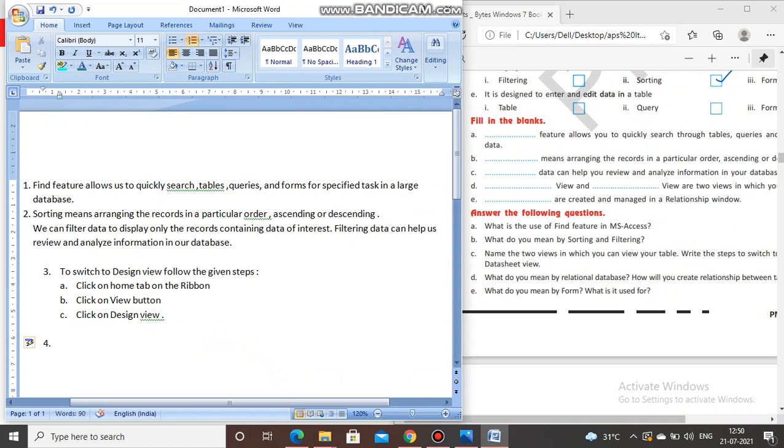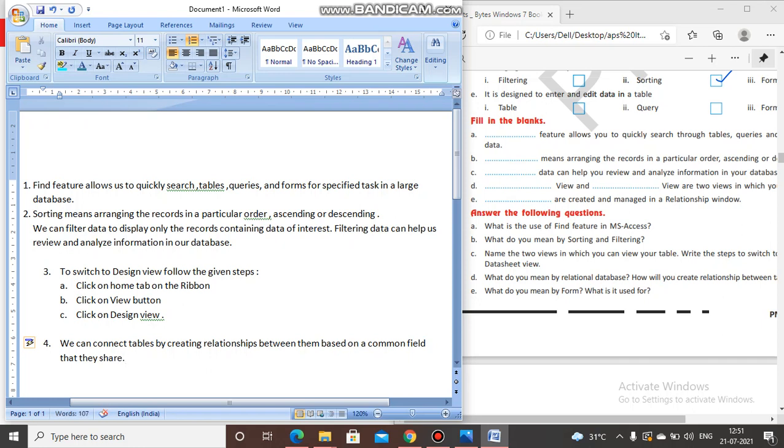Fourth, okay, so we can connect tables by creating relationships between them based on a common field that they share.